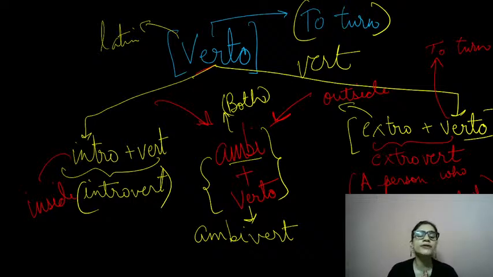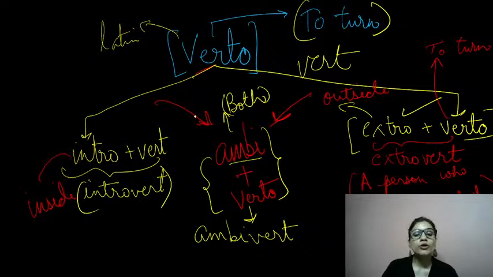A person who does not talk much at all. You still find people who are not very talkative, do not like to open up a lot, do not like to talk a lot. So they are introvert. And people who always blabber, they keep on saying something or the other, talking about themselves, about anyone, anything, that is extrovert, right? So these people are more socializing, they can be more friendly. Introverts have few friends, but maybe they just talk to those people. They don't talk to everybody they meet, right? And an ambivert is a person who knows when to be introvert, when to be extrovert. They know how to calculate and then talk, right? So verto is an important word root because it talks about 3 words: introvert, ambivert, and extrovert.